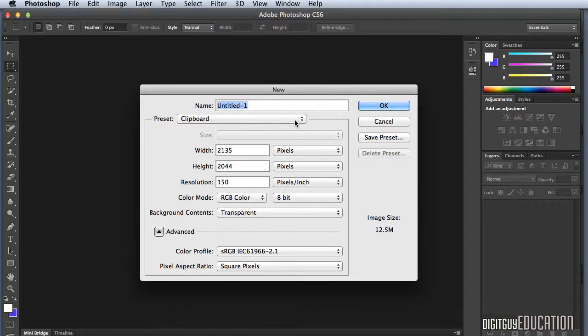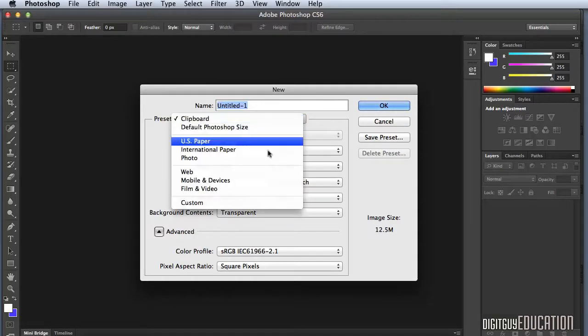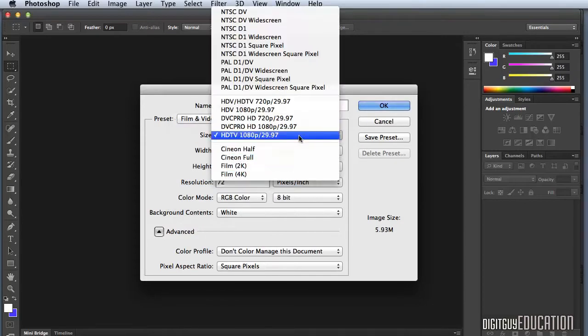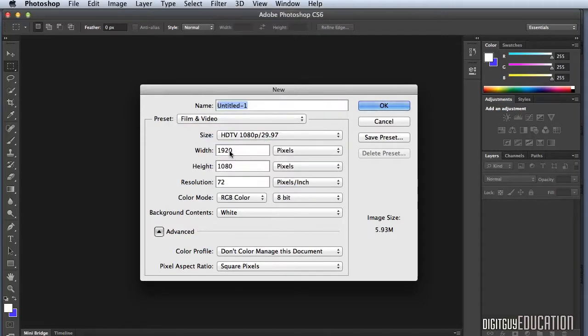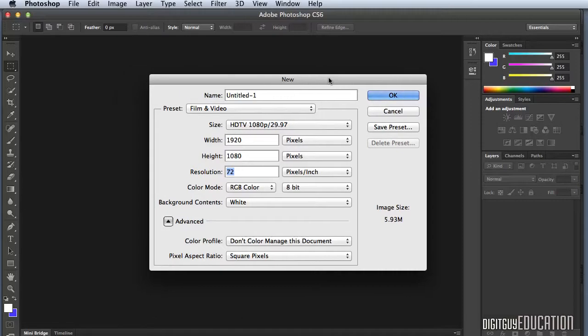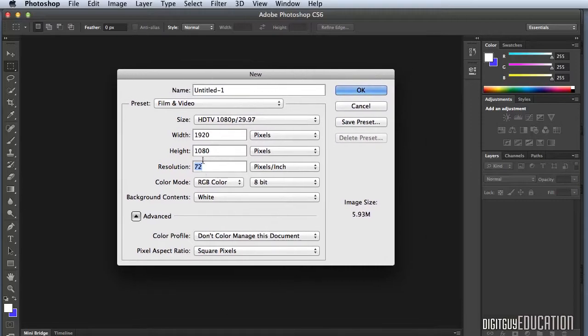Now it's got the same video setup that Illustrator has, which we go down here to Film and Video, and we go down here to HD TV. You'll see now we've got a 1920 by 1080, the same as we had in Illustrator, but this time we've got resolution to deal with. Now 72 dpi is fine, that's screen resolution. That's the best part about working in video and web graphics, is that we normally work at 72 dpi, and of course RGB is our space. And okay,